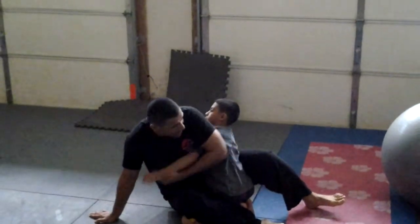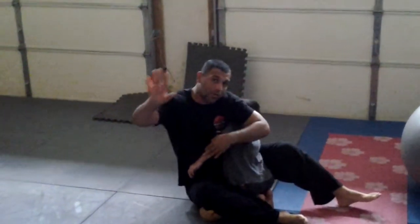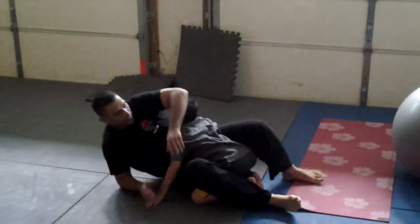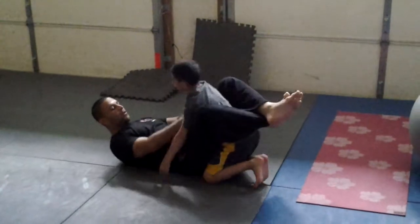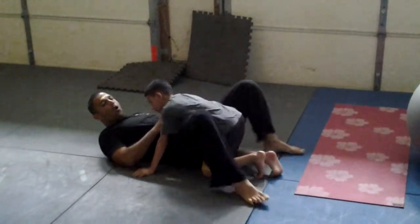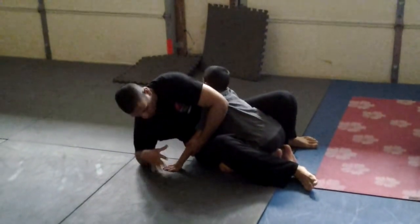Okay? Now, once I'm in this position, I'm going to fall back down. When I fall back down, I'm going to go for my Kimura grip, and I'm going to fall back at an angle. Alright? So it's going to look like this. He's here. I bring him towards me. There, touches the mat. Open, shoot up, block, and I'm going to come back down with the Kimura grip using